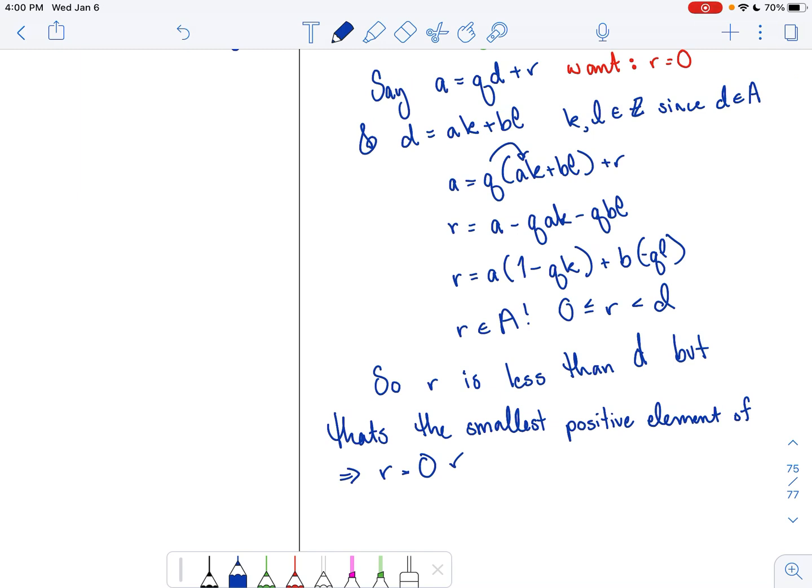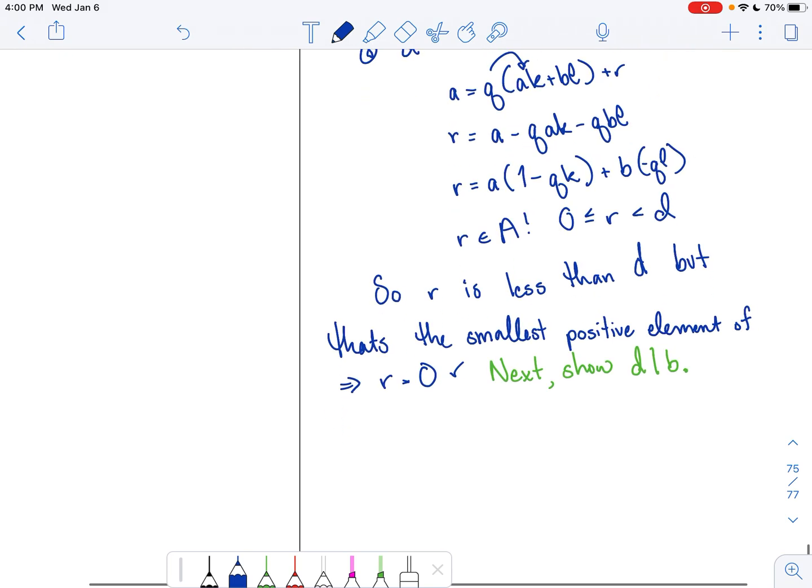So now what we want to do, I'm not going to take the time to do this. The next thing you want to do is show that D divides B. It's identical, just with the negatives switched around a little bit and the variables switched around a little bit. So our final goal, finally,